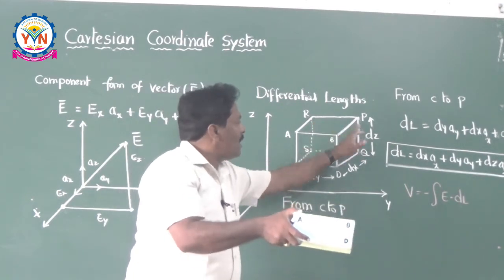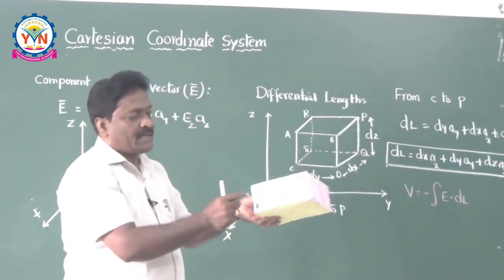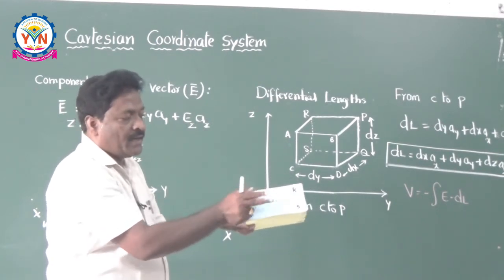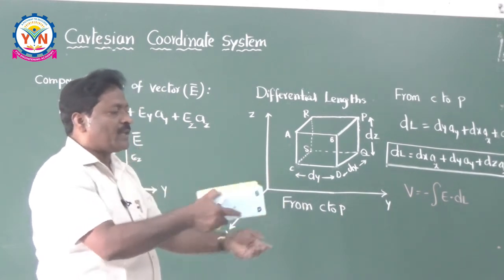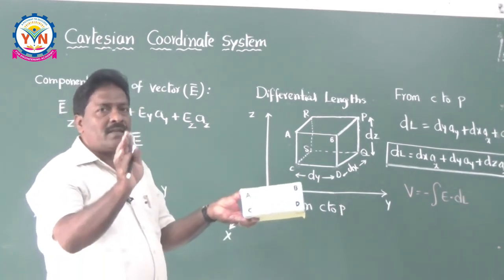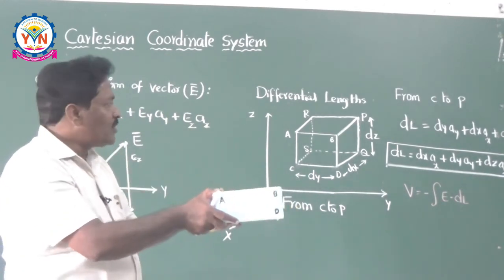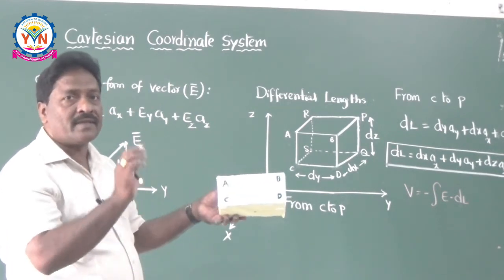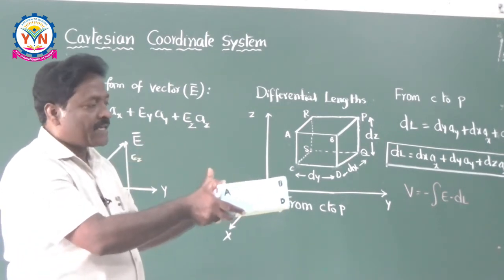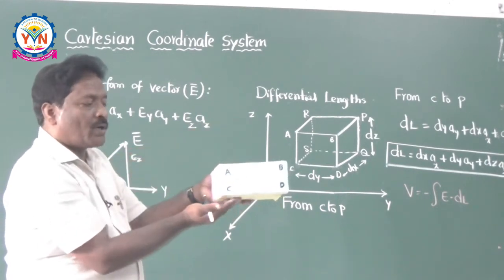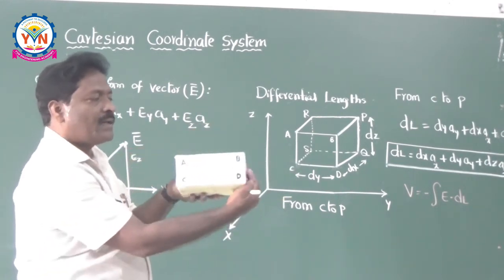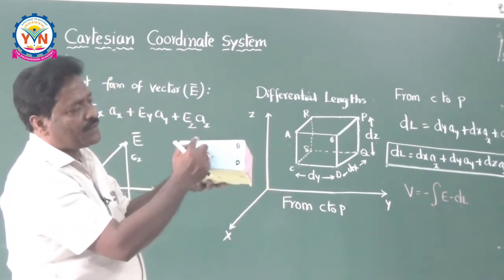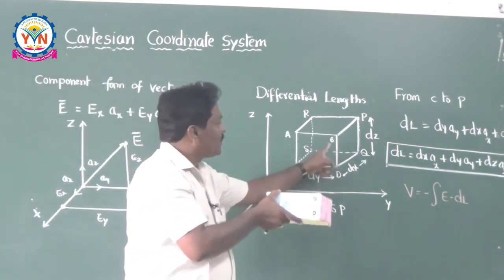The back surface, which is invisible to you, is nothing but R, P, Q, S. That means P, Q, R, S. These are the surfaces. It is the invisible surface. So this is the visible surface here. If you listen carefully and observe carefully, if you take this rectangular section, how many surfaces is it having? 6 surfaces. Front surface, back surface, top surface, bottom surface and left side surface, right side surface. Means there are 6 surfaces. So if you take this surface, this is ABCD, which is nothing but the front surface.